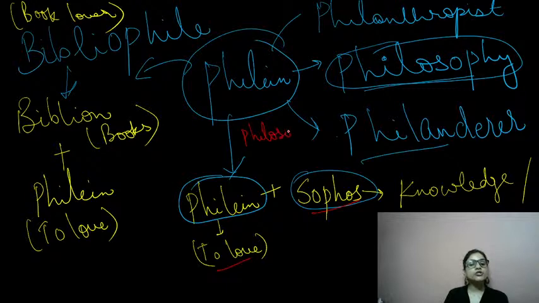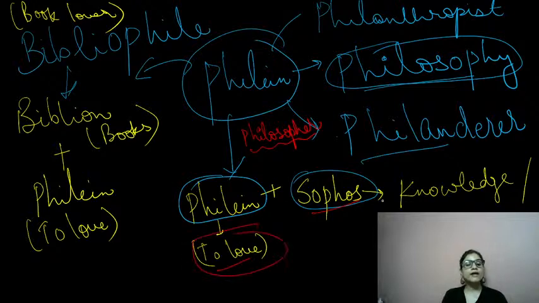Okay? Who becomes a philosopher? The one who loves knowledge or wisdom is a philosopher. If we talk about René Descartes, if we talk about Plato, if we talk about Socrates, John Locke, right? All these philosophers who were there, they were knowledge lovers, they were wisdom lovers. They all wanted wisdom, they wanted knowledge. All these scientists, they were philosophers, right? So they gave you some knowledge. They were knowledge lovers, right? Philein means to love, and sophos means knowledge or wisdom, right? So if you combine these two words together, the word is philosophy.